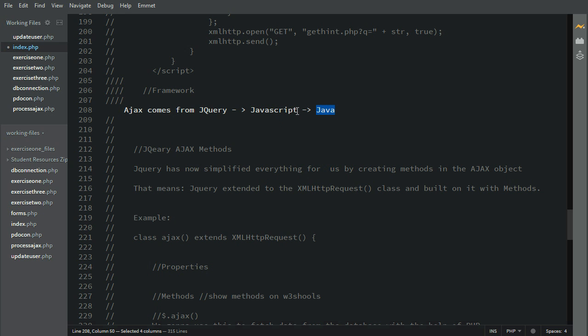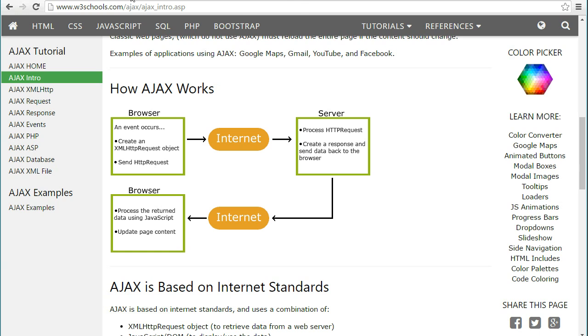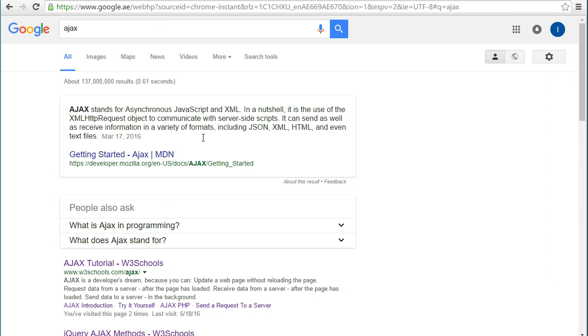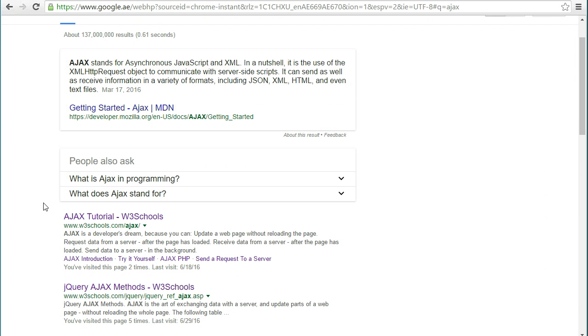Now because JavaScript came directly from Java, it probably followed the same procedures, right? And it had a whole lot of scripts to be written with respect to JavaScript. So what happened is jQuery now came in. All right, now if you look at jQuery,